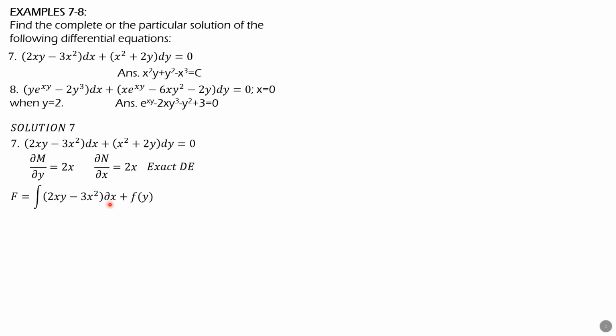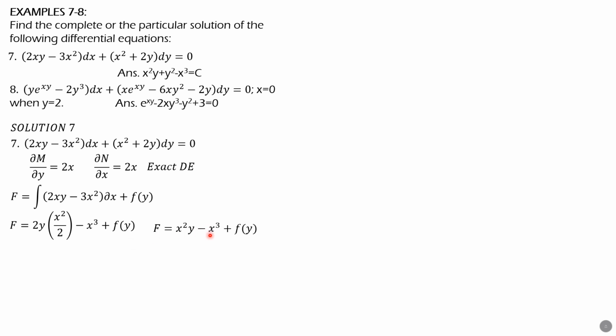So therefore, because we treat x as the only variable here, so 2y would be constant, and integral of x dx is x squared over 2. So therefore, the integral would be 2y times x squared over 2, then minus, because the variable is x, 3x squared over 3, so that is minus x cubed, then plus constant of integration f of y. So 2y x squared over 2 minus x cubed plus f of y. So that means f is equal to x squared y minus x cubed plus f of y.